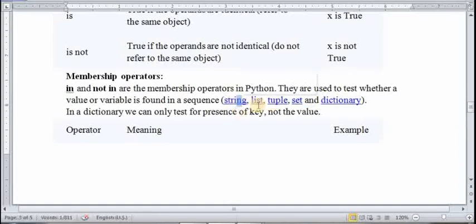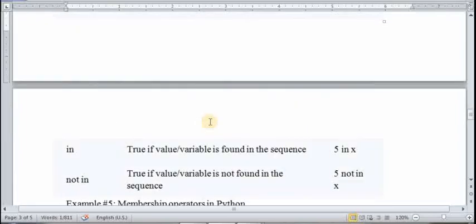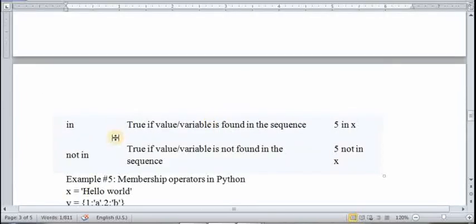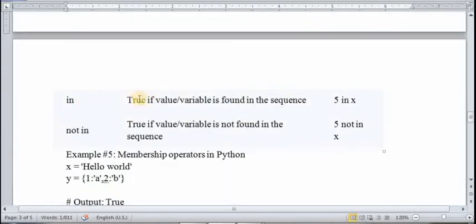About them you will study in later sessions. In the dictionary we test the presence of a key; you will study about dictionary in a later session. Just for example, 'in' returns true if the value of the variable is found in the sequence, and 'not in' returns true if the value of the variable is not found in the sequence.